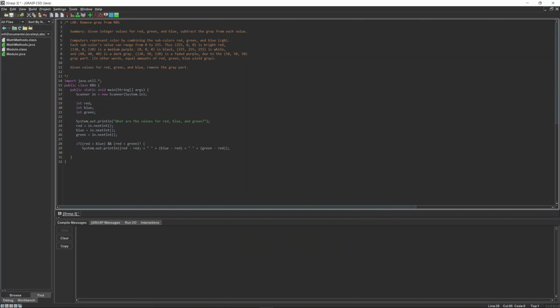So in this instance, we don't need it. I'm going to put it just so it's clear to us what's inside of this if statement. If red is less than blue and red is less than green. Alright, next. That takes care of if red is the least value. Next we'll do if blue is the least. So if blue is less than red and blue is less than green,